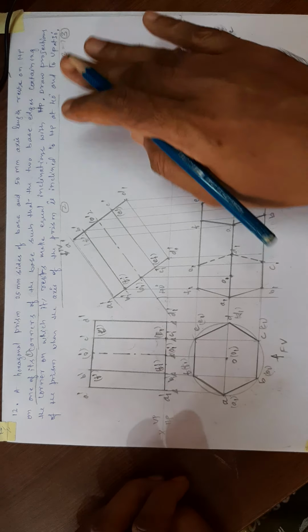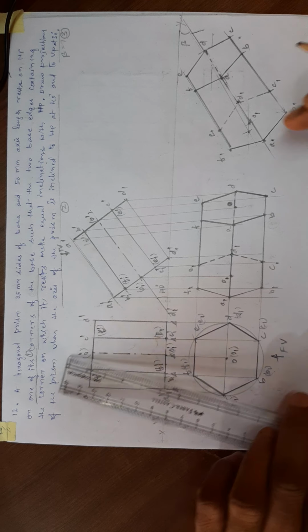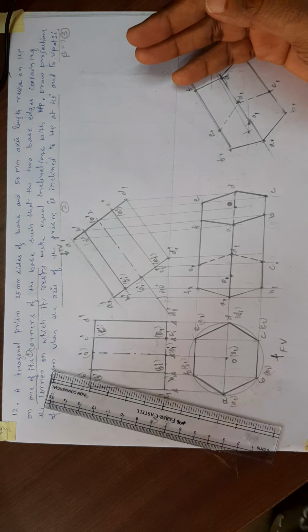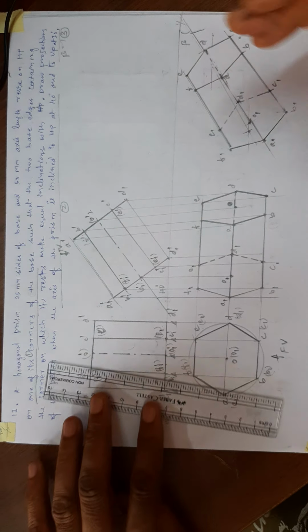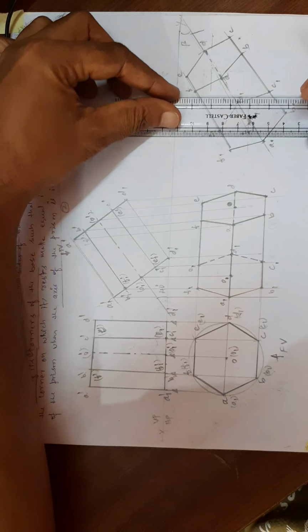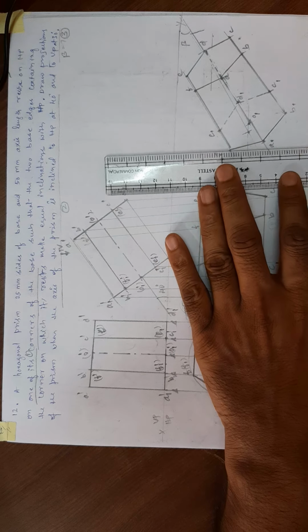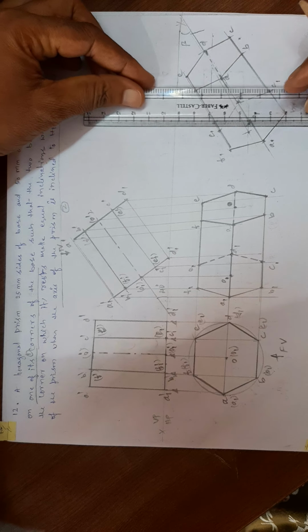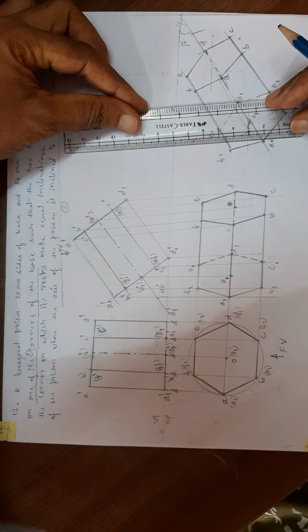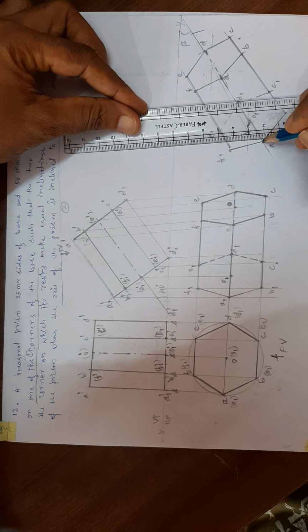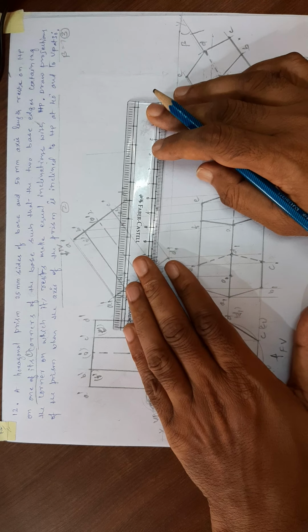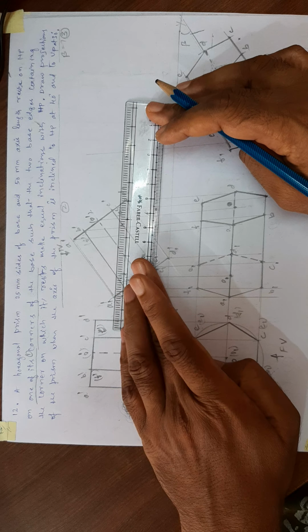Next we have to draw the front view of this. Again draw vertical upward projector lines from the top view of the third portion, and draw horizontal projector lines from the front view of the second portion. So I will take A1. First I will take a vertical projector line from A1, and a horizontal projector line from A1 dash.